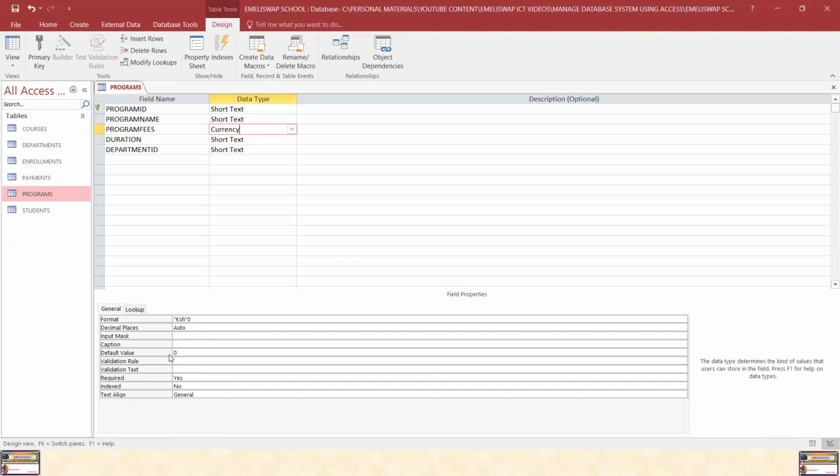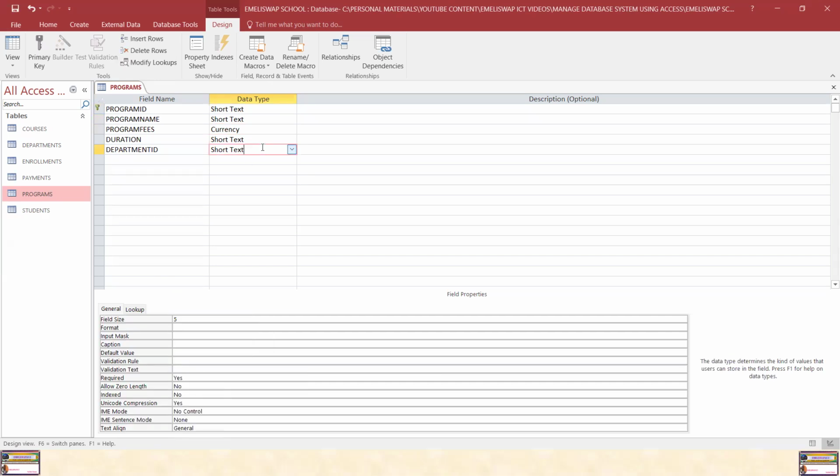Then for the program fees, the validation rule should be greater than 0. The rest, we leave them. Then we go to department ID. We can set the department ID. The input mask for the department ID is greater than symbol, L, then 3 zeros. And then the validation rule is